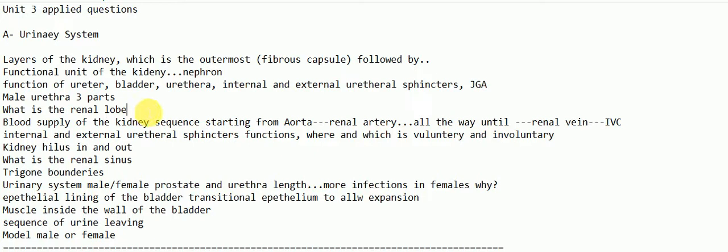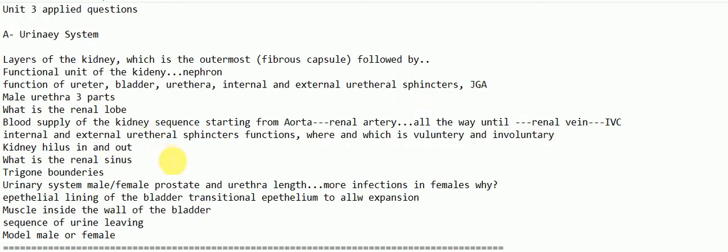What is the renal lobe? The renal lobe is simply one pyramid, renal pyramid, and the overlying part from the cortex, the overlying cortex, and a little part of the renal columns on either side. So it's one medulla, the overlying part of the cortex, and part of the renal columns on either side of the medulla. If you put this all together, that will be the renal lobe,